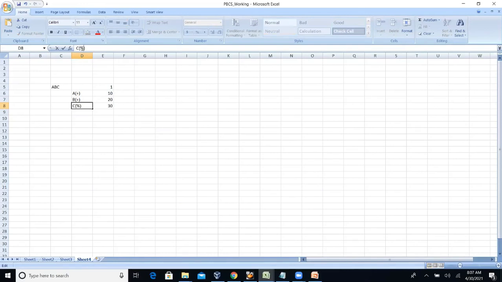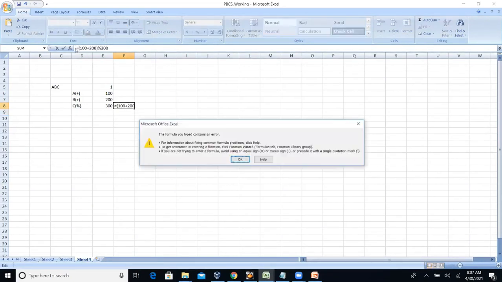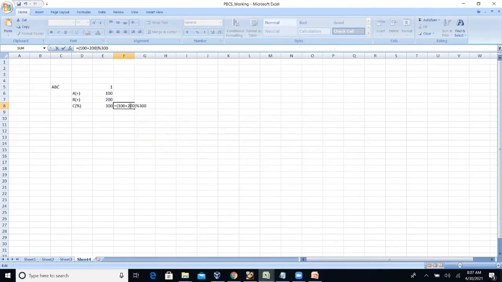How it will work is, for example, this is 100, 200, and 300. A is plus, B is plus, so A plus B is equal to 100 plus 200 percentage 300. Percentage means 200 by 300 is not how it works here.